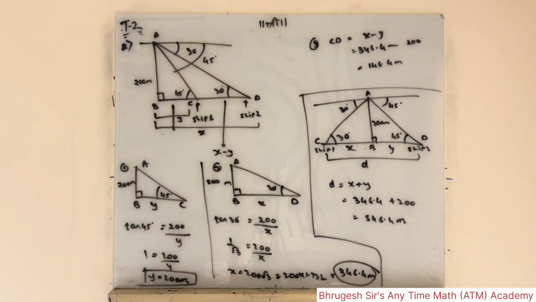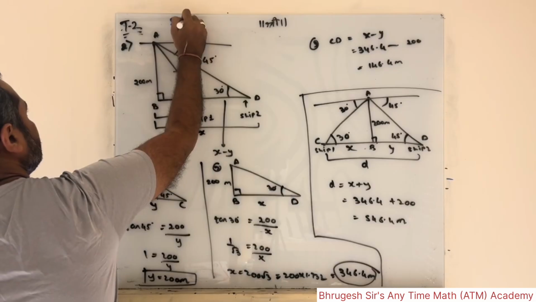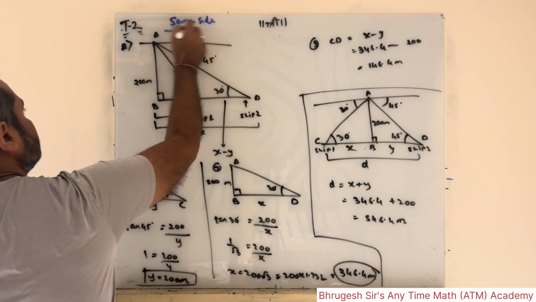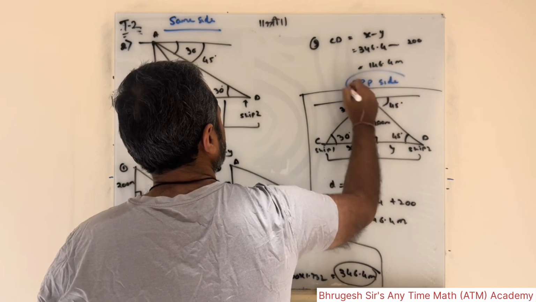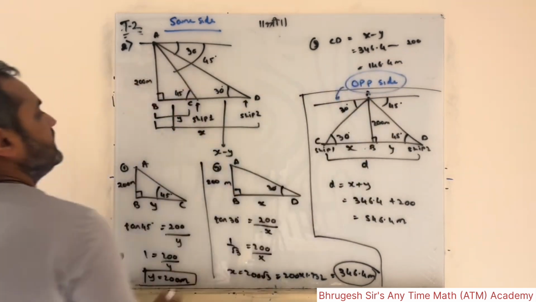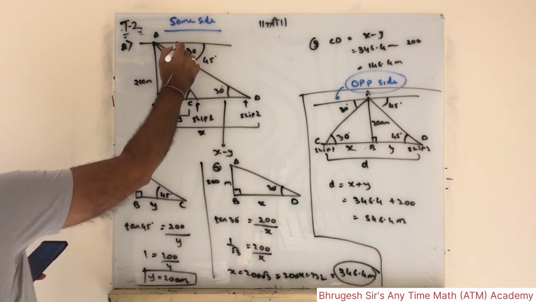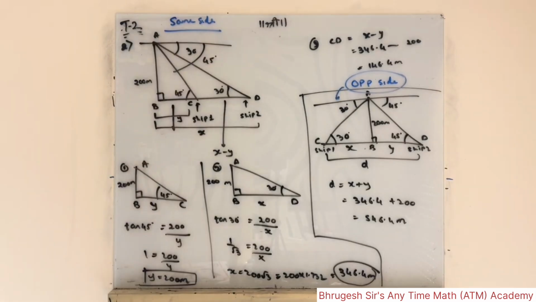Understood, my children? So whenever they ask you on the same side, then this diagram, same side of the cliff, beta. And when they ask you on the opposite side, use this. Okay, beta? If it is angle of depression, don't forget to draw this line on top, otherwise you will definitely lose marks. Hope you're getting it, my children, very easy. But you have to be careful.